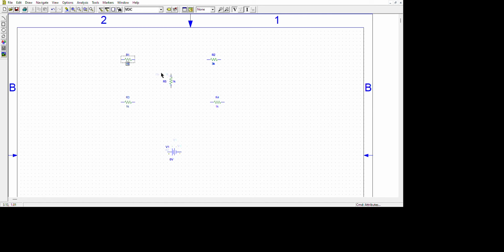To edit the magnitude of a resistor, simply click on the component and edit the attribute. Type whatever magnitude you want. Say I want R1 as 4K ohm. Simply press it. In R3 I want, let's say, 5 kilo ohm.